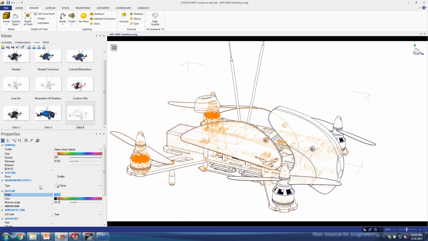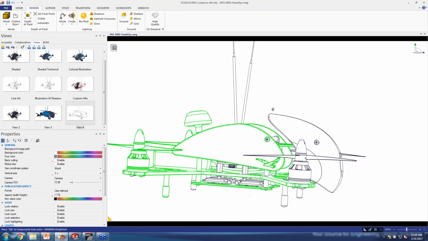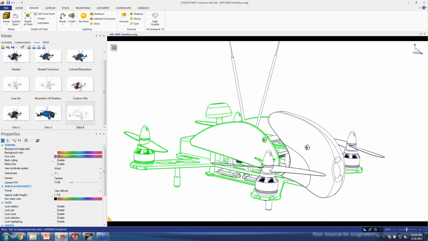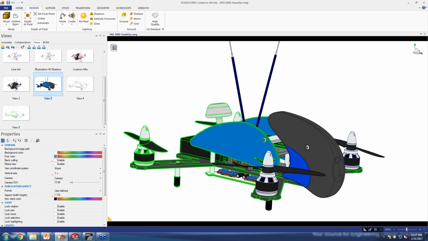of time. Like right here, I just switched that to flat technical. I still have some shine on there. I can control that shine just with an environmental effect if I want it on or not. And so I can get it looking very technical. That ground shadow is also just a toggle. We can toggle that on as well. And so something like this, we get a real technical look but with shaded